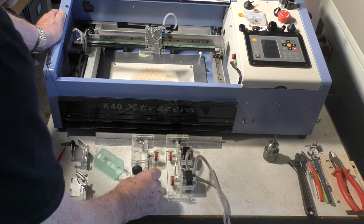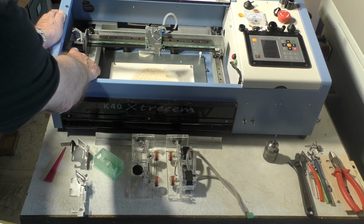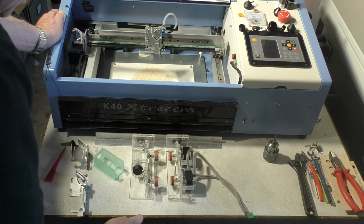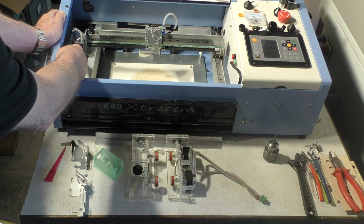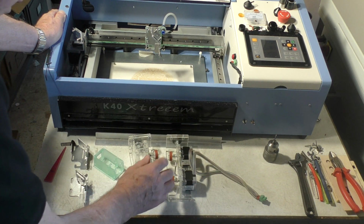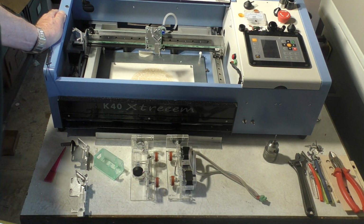So here you see the little rotary that I've designed and made on this machine. I messed up the X-axis motor, and what we've now got on here are two small, very similar NEMA 17 motors, which are ordinary 200 steps. The one that was supplied on here was a 400 step motor. You can see how to produce this item in videos number 7 and 8 in the series